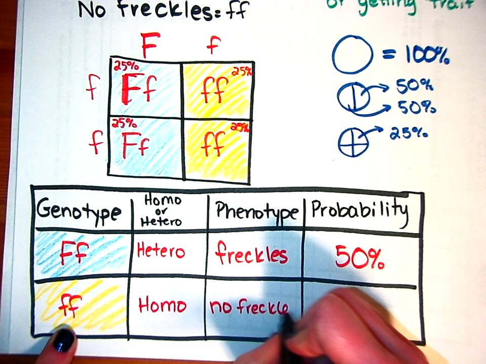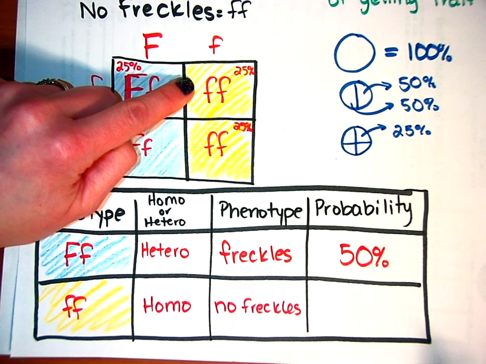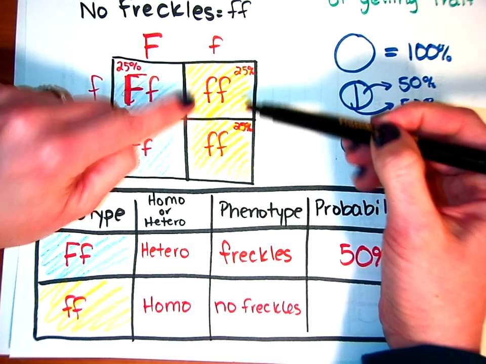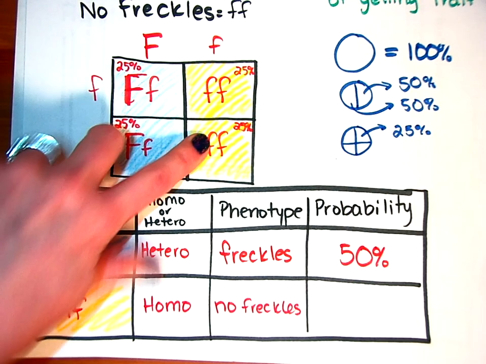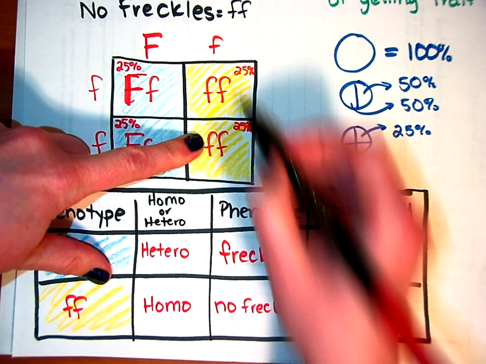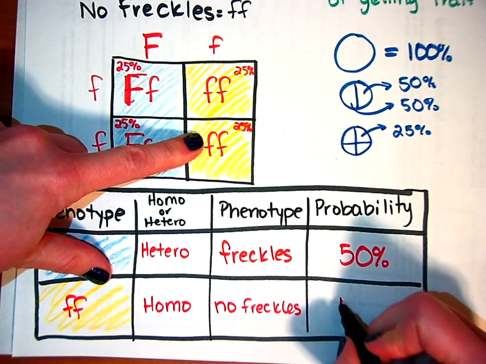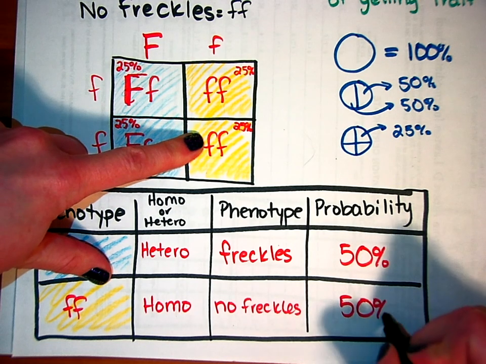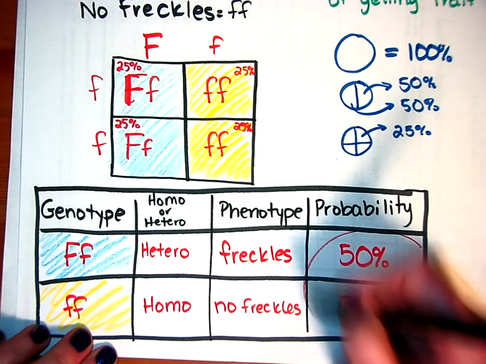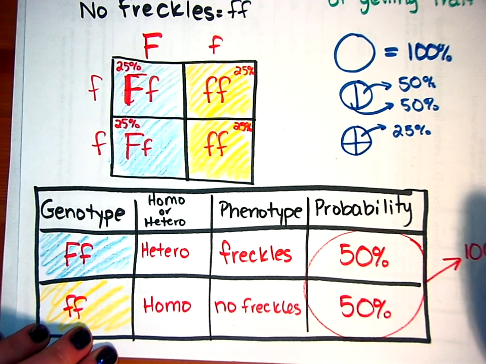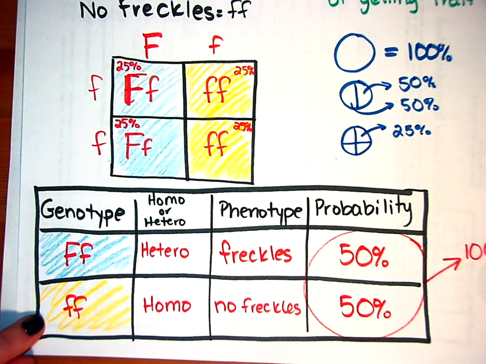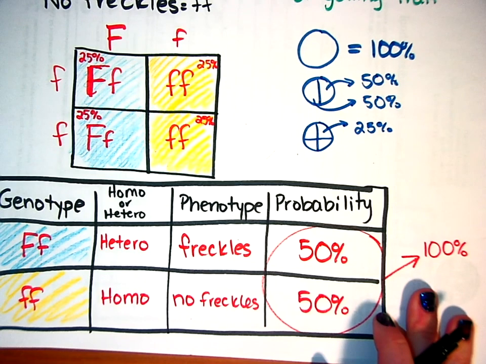And again, I go back up to my Punnett square. I look at how many squares have this trait. So there are 2 squares that have the little f, 25% plus 25% is a 50% chance. Here's a tip. This should always add to 100%. However many possible genotypes you have, the total has to be 100% because, right, we have 100% of the possible